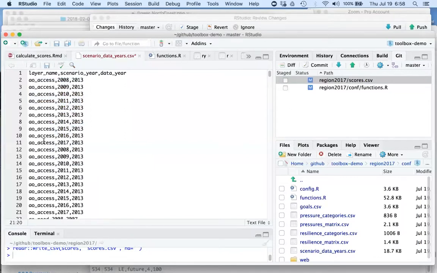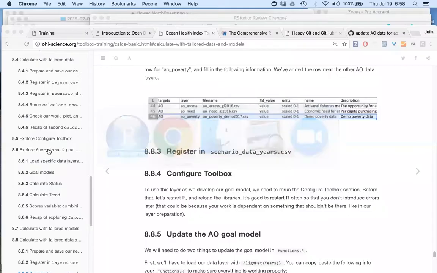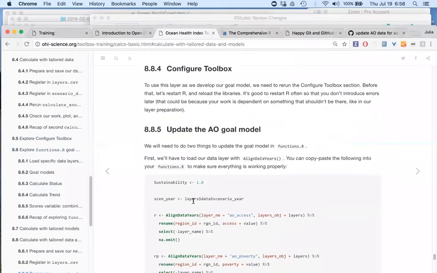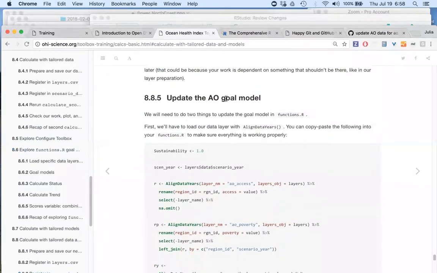You'd have to add this here and change each of these to AO poverty. So I'll add this to the book so that this is described, but yeah, you would do that there. Then you would reconfigure the toolbox, and you'd also have to update the AO goal model,